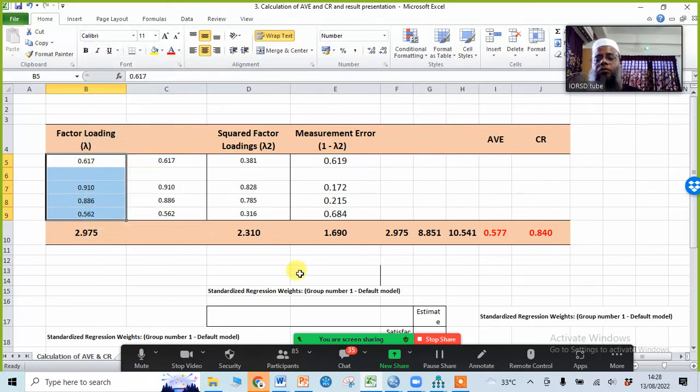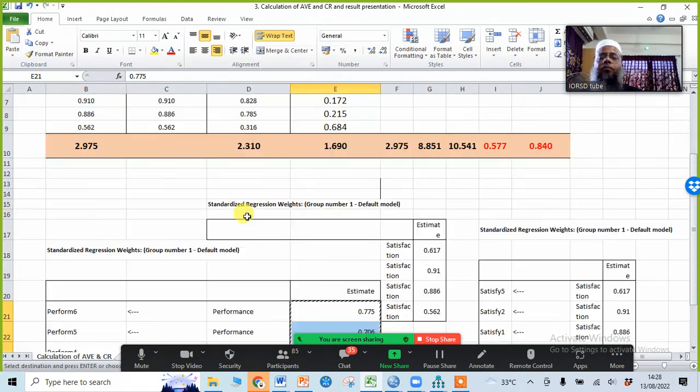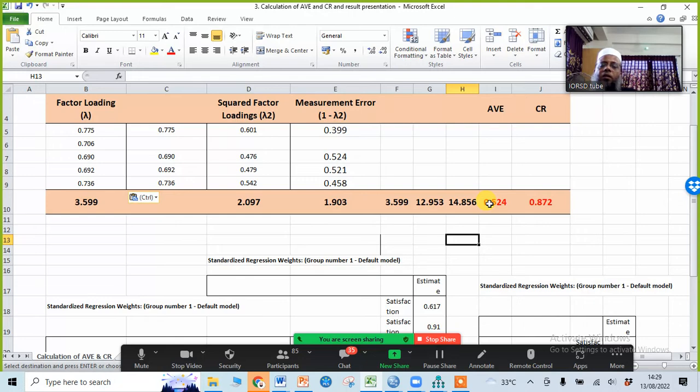Okay, as we did one, copy, paste. Here it is showing 4, you can do it here for 5, because our item number is 5. So see, AVE is less than